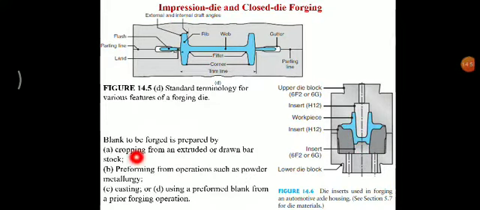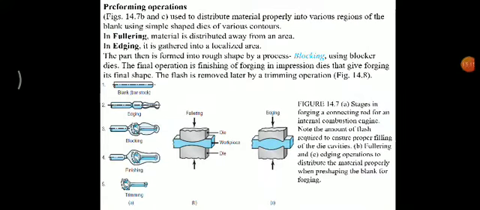Here the steps are given for closed die forging: cropping, then after the component gets forged, cropping from the extruded or drawn bar, then preforming operations such as powder metallurgy. So like this, these are the different ways by which we can make this axle housing part. The next part is preforming operations. In preforming operations, basically, as you see in this figure, it is used to